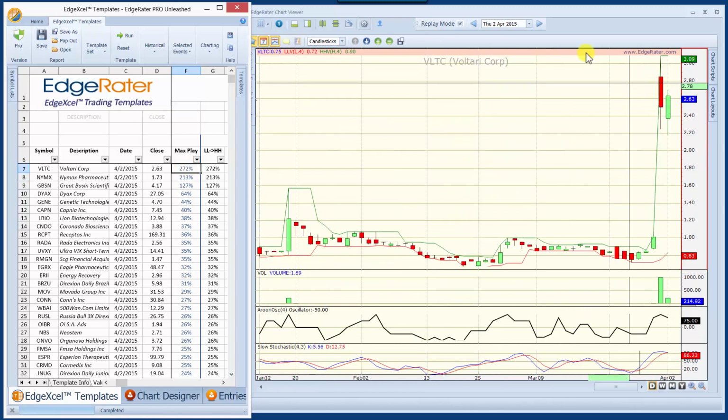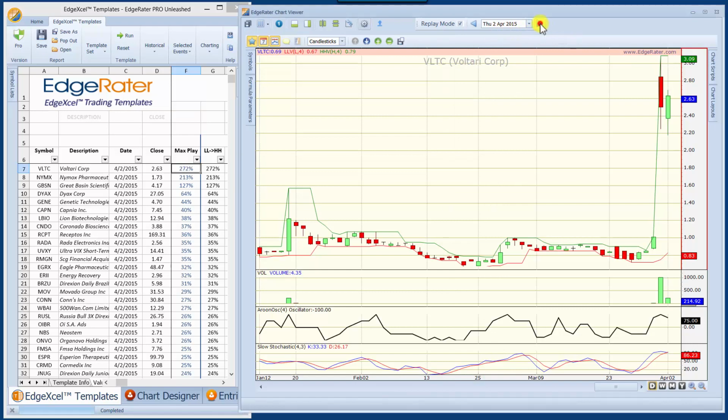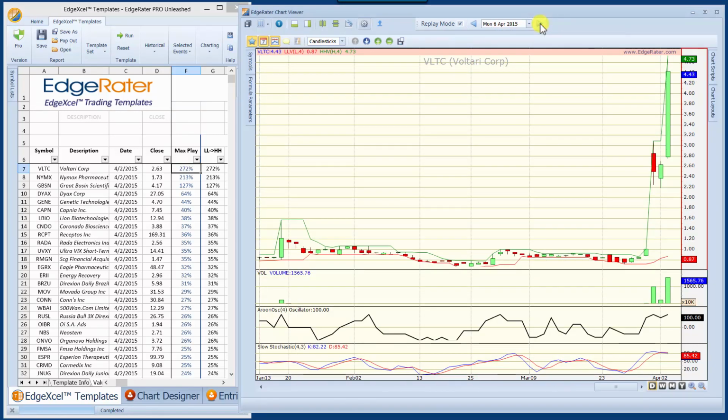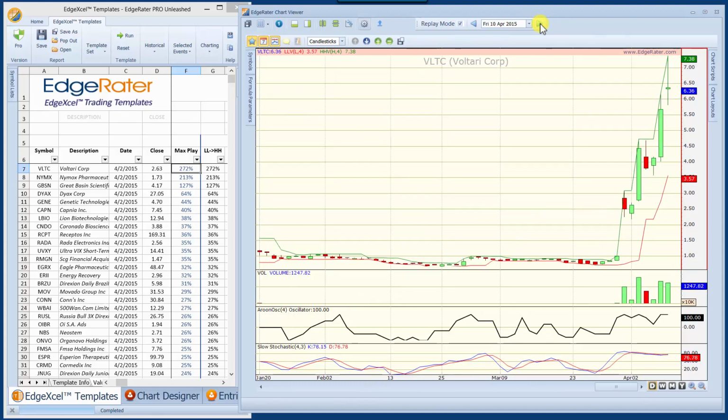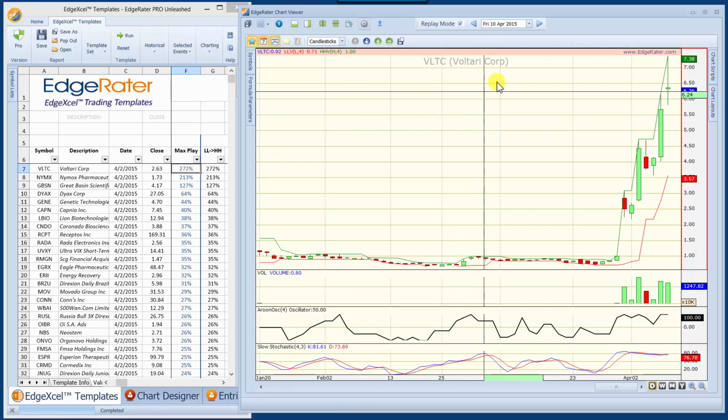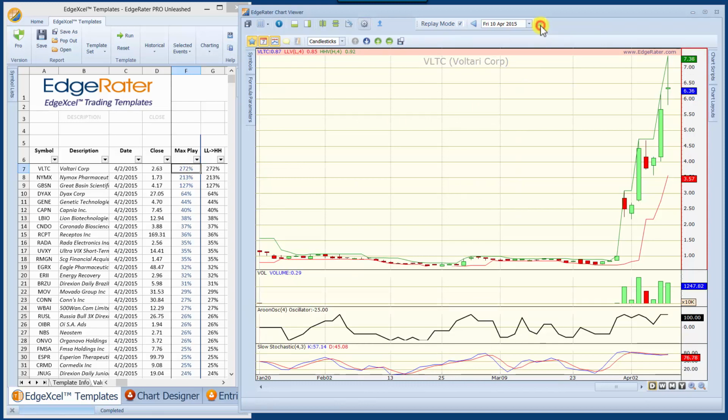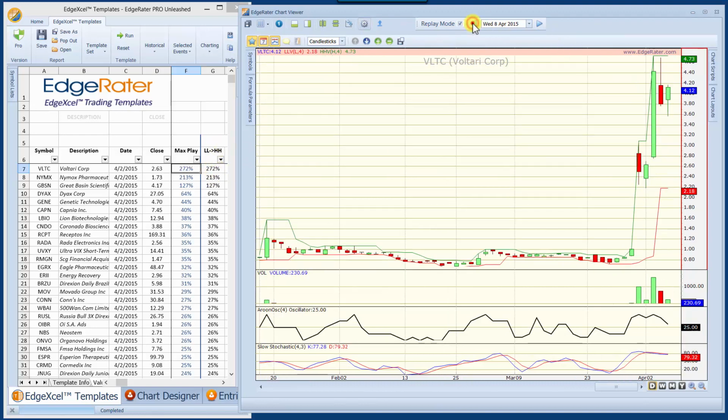As an example, how you would do that is you would just take the replay mode button, and you would just go through day by day, see how these things played out. So it turns out the top stock in that list, which was a 272% gainer on the 4 days leading up to Good Friday, actually went on to be the biggest gainer this week as well, or a big gainer. I forget exactly what the number was for this week, but as you can see, if we go back to where that Friday was,